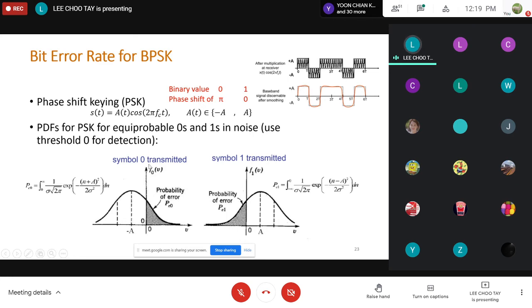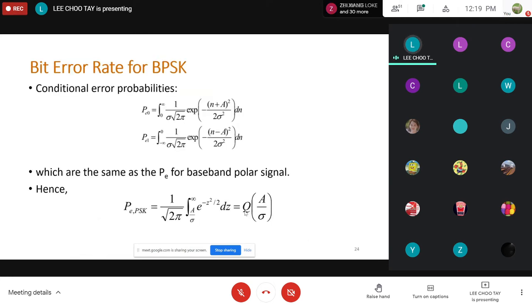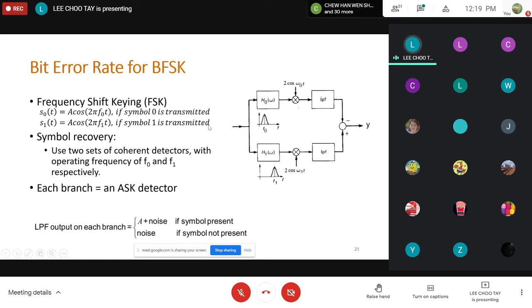When 0 is transmitted, you have a PDF that's centered at -A, whereas when 1 is transmitted, you have a PDF that's centered at +A. So again, you set your decision threshold at 0, which is halfway. That gives you a Q function of A/sigma as well, the same as the baseband polar signaling method. So that's for BPSK. And then for BFSK,